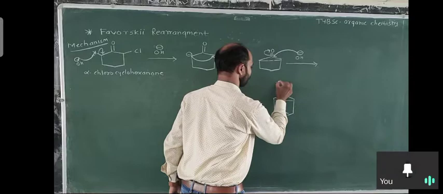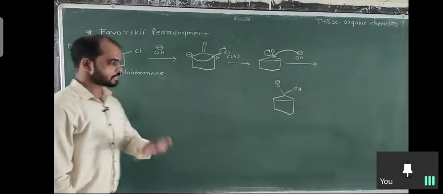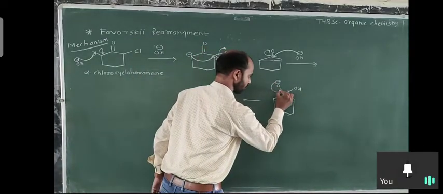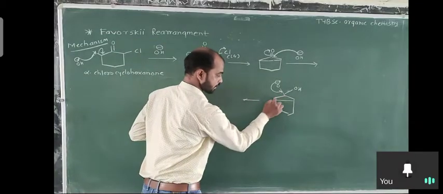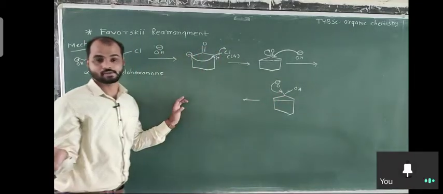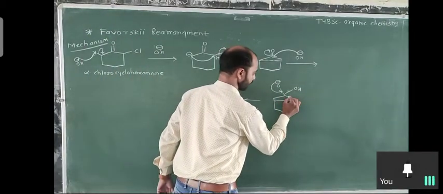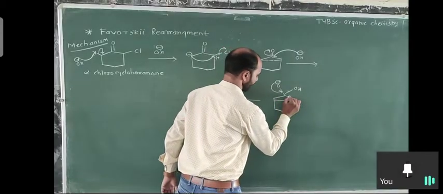So here O minus, here an OH is attached. Okay. In the last step, what happens? This comes and forms the carbon-oxygen double bond. At that time, this bond or this bond, the cyclopropane ring is opened. So opening of the cyclopropane ring is for the release of angle strain. If both sides are symmetrical, you can open at any side.